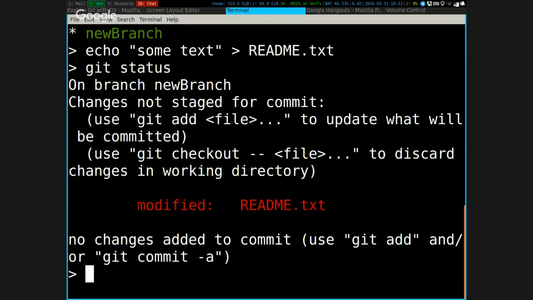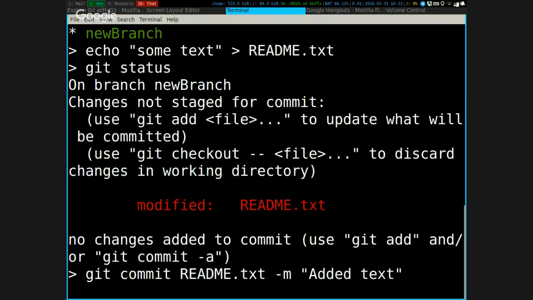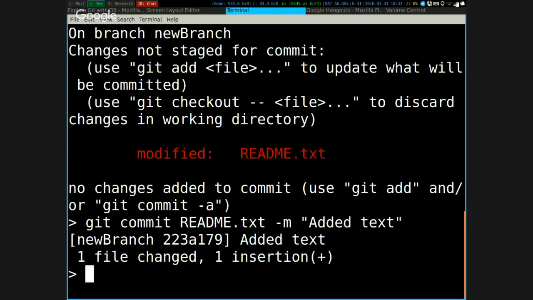Now, if you do git commit README, git commit just adds, so since you've changed this, if you do git commit the file that you've changed, that will put that into the history. So if you do git log, now this is a way to visualize what I was talking about. Actually, before we do that,